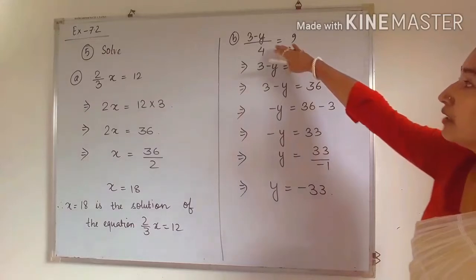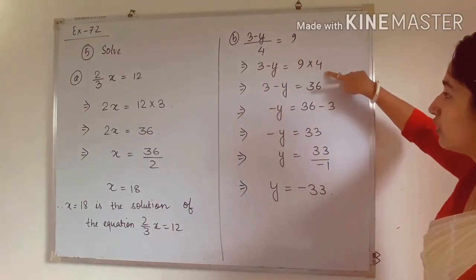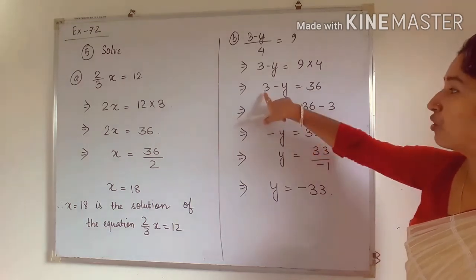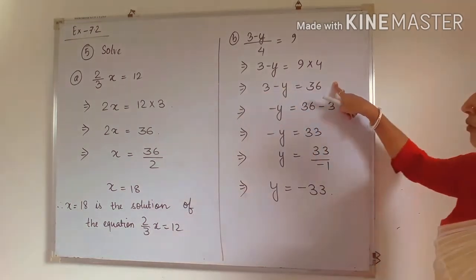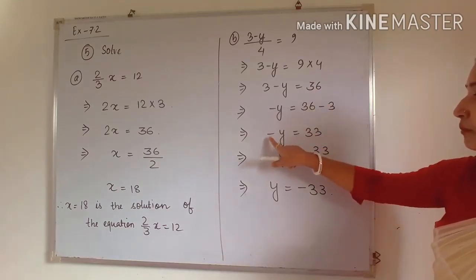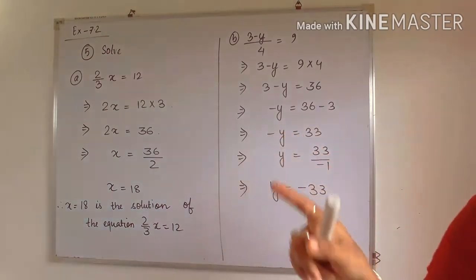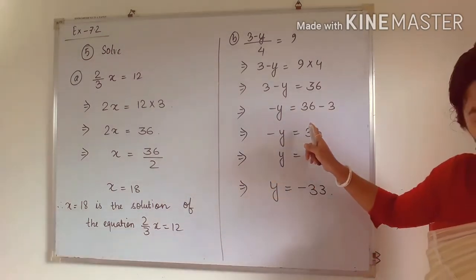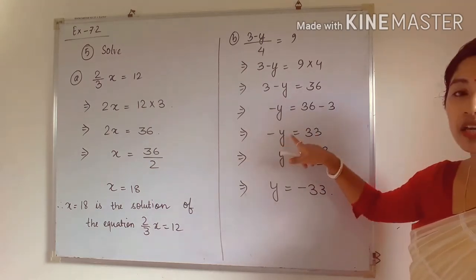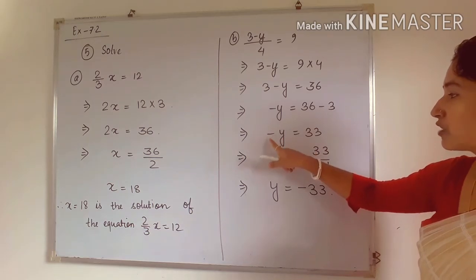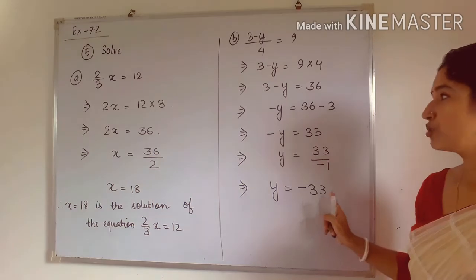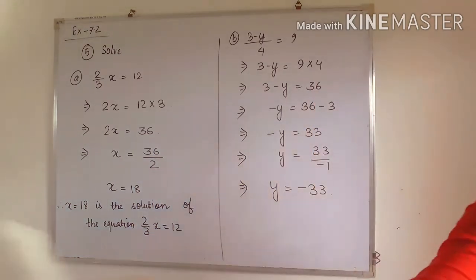So here 4 is divided, okay, so when we transfer 4 to that side, so 9 into 4 will be 36. And see here, 3 is plus 3, okay. So when we transfer plus 3 to that side, it will get subtracted, okay. So 36 minus 3 will be 33, and minus y, already I told you earlier, this is the question from question number 2k, okay. The same thing here is happening. Here minus y, the meaning of minus y is minus 1 into y. So when we transfer minus 1 to that side, it will get divided. So 33 by minus 1 will be minus 33. So minus 33 is the solution of this equation.